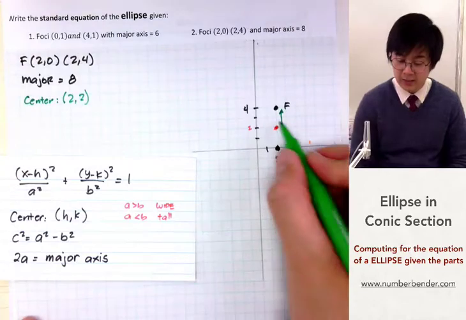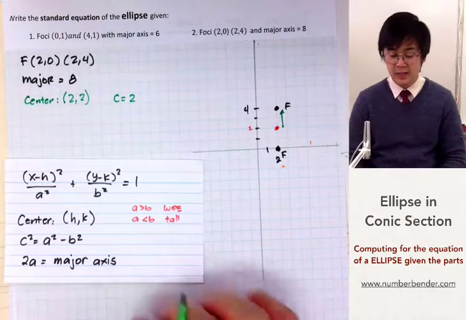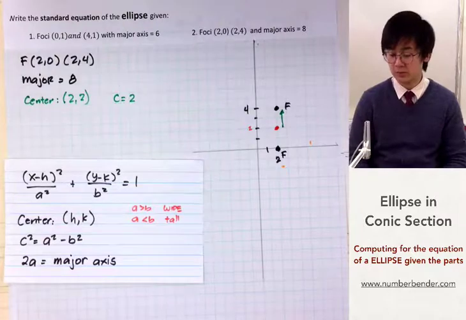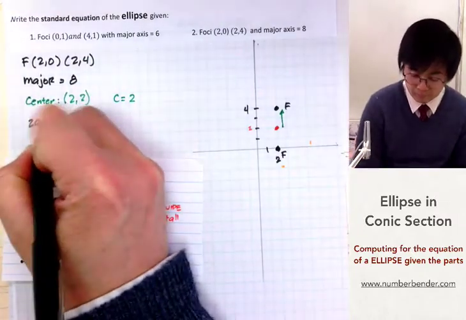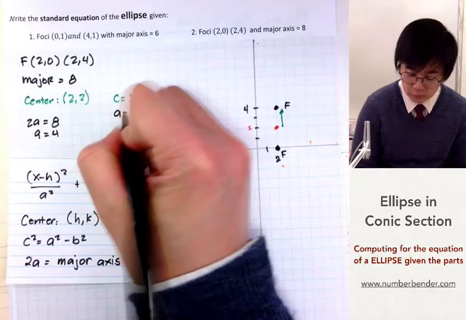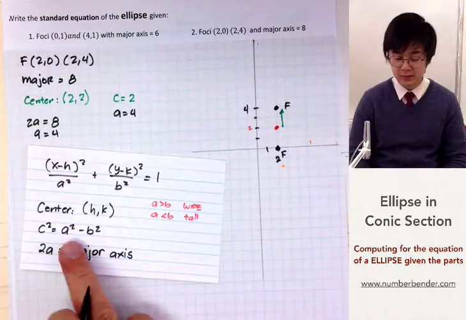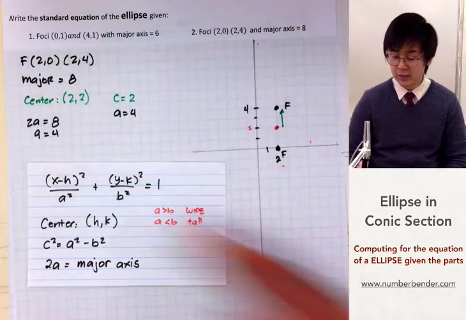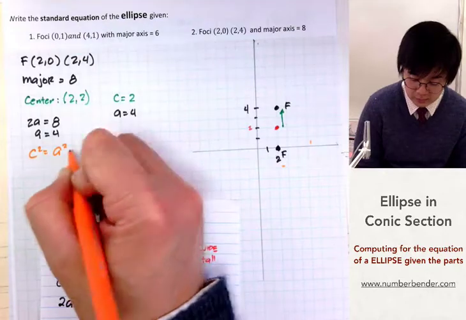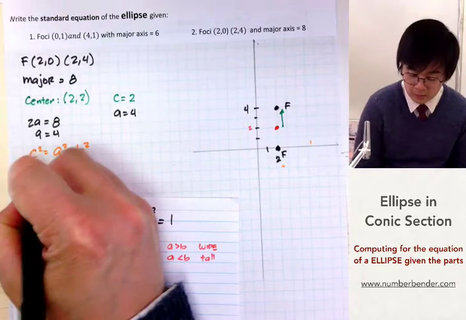And the next variable that we can find will be the distance from the center to one of the foci, and that is 1, 2 units. So c is equal to 2. And the next formula that we're going to use is 2a is equal to the major axis to find the variable a. And using the formula, 2a equals 8, a is equal to 4. So now that we have our c and a, we'll be using c squared equals a squared minus b squared to find the other variable. So c squared equals a squared minus b squared, by using the formula, will be